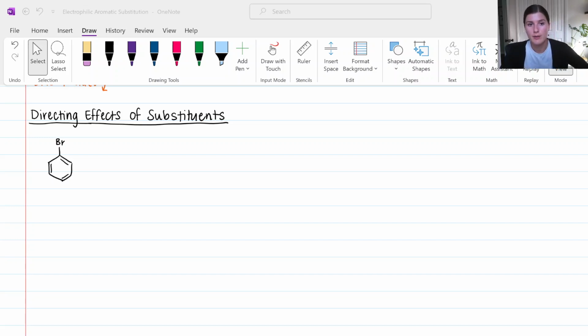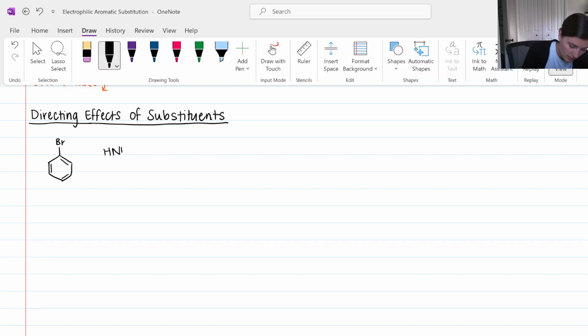So far, the electrophilic aromatic substitution reactions that we've looked at have added substituents to benzene, an unsubstituted benzene molecule. Let's say we start with bromobenzene and we add the nitration reagents, so HNO3 and H2SO4. These are the reagents that replace a hydrogen on a benzene ring with a nitro group. Now the bromine is going to be unaffected,